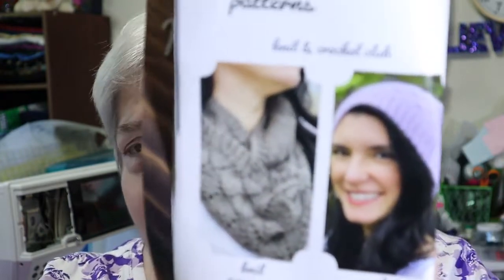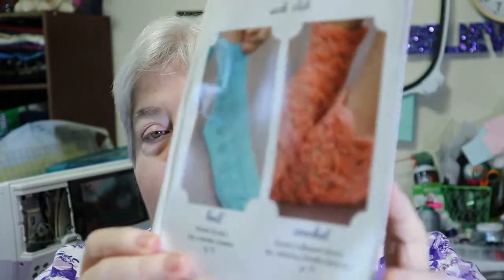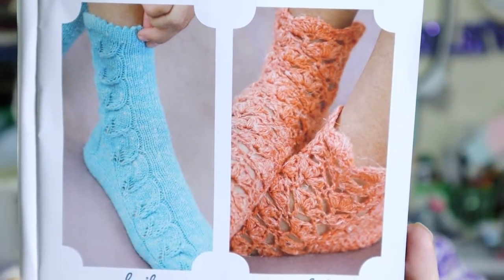And I'm going to show you the Knit and Crochet Club patterns. One is Fallen Cowl by Casey Hurley. The crochet pattern is the Arcade Slouch Hat, which is very nice. And then the Sock Club, you have a knit pattern, which is Petal Socks, which is the lighter blue one, greenish blue, whatever, by Lauren Gates, and the crochet is Susie's Bloom Socks by Jessica Smith Hedrick. And those are the patterns, and they're beautiful, but I don't make socks because with my